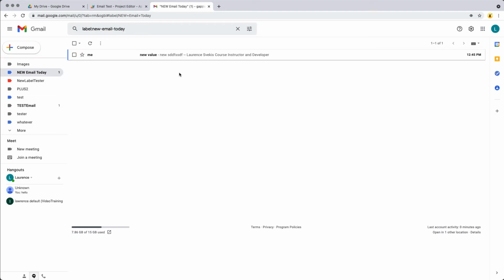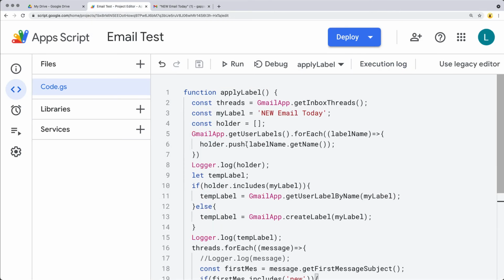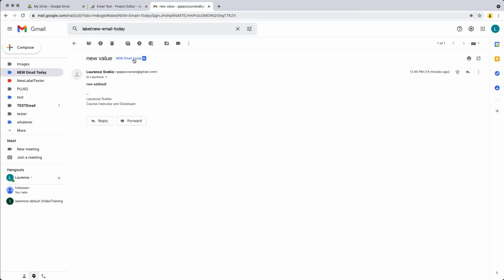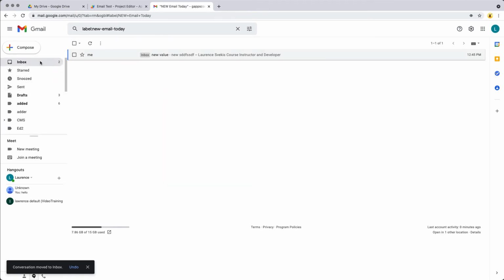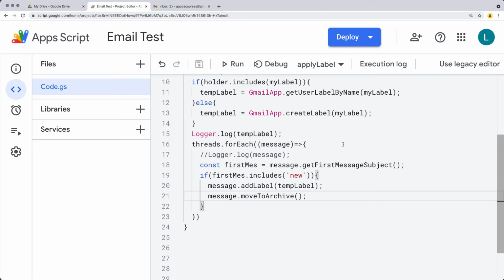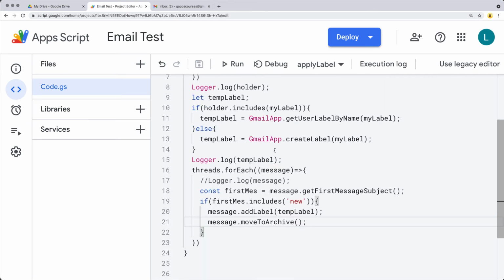So the email still has the label. It's still present within the labels, but it's been moved from the inbox to the archives. So that way we're not going to pick it up anymore on the inbox. Let's take it and we'll manually move it back to the inbox. So now what the script does is it's going to scan for the emails with a particular label, and